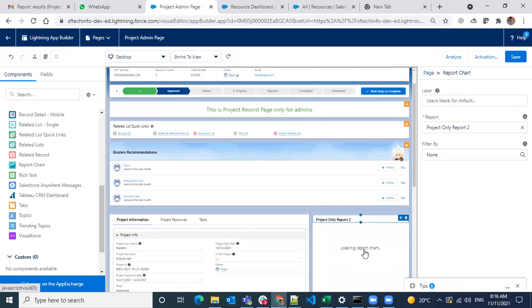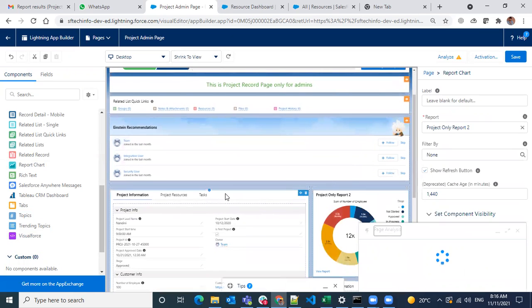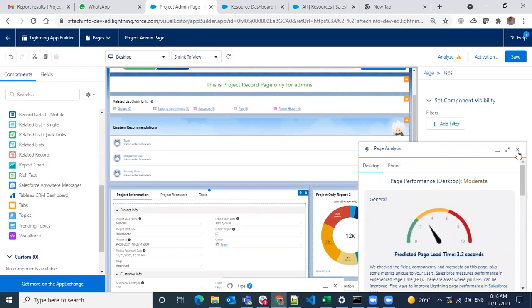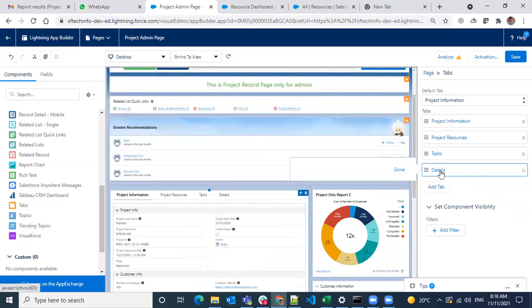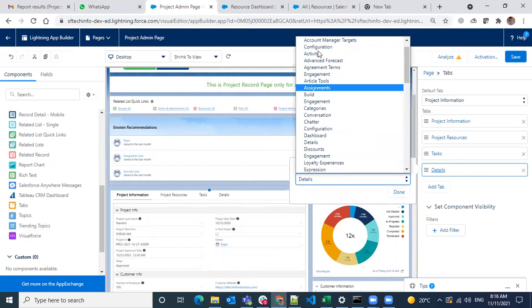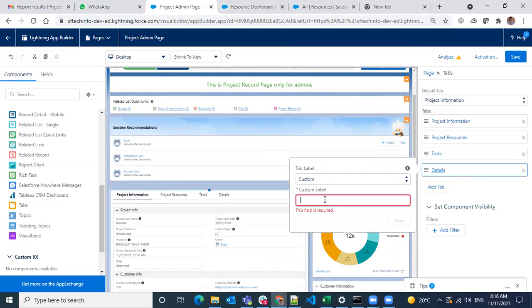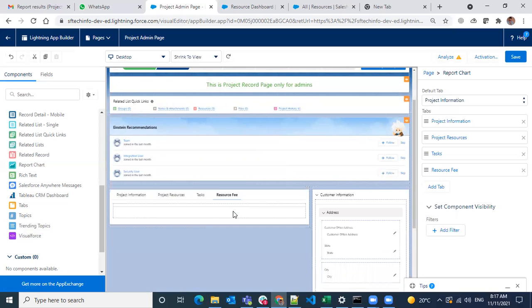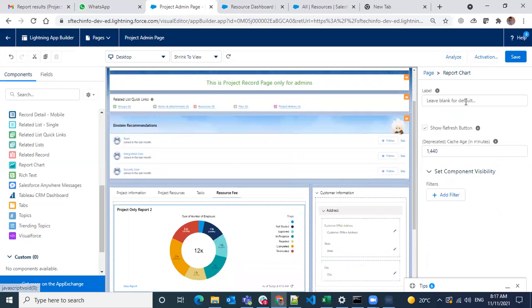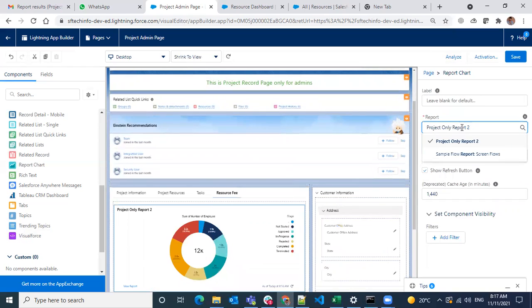It's not only that you have to add it here, or you can add it here as a new tab, with a custom name, and give it a name like resource fee or something. Add, and just move this report to here, and select which report you want. I want to select